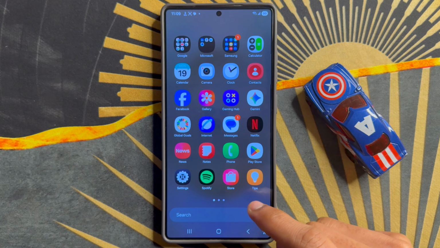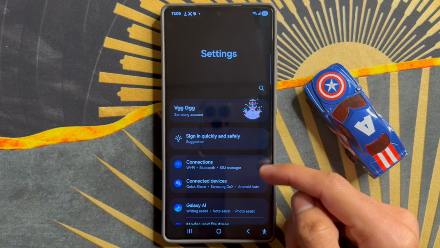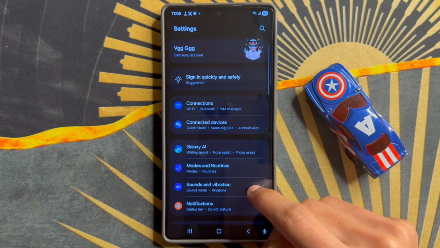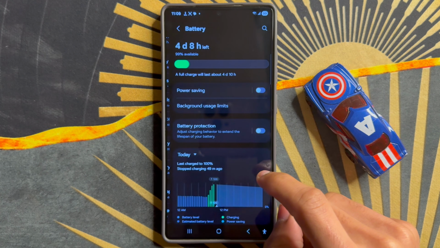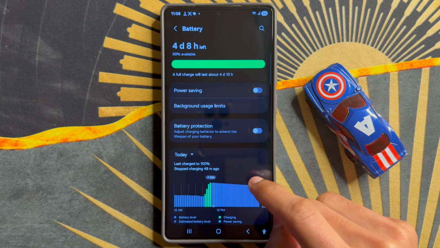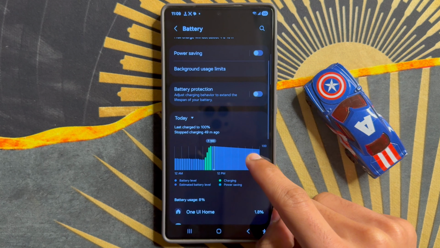Here click on settings app. Now in settings, scroll down and click on battery. After you click on battery, you will see